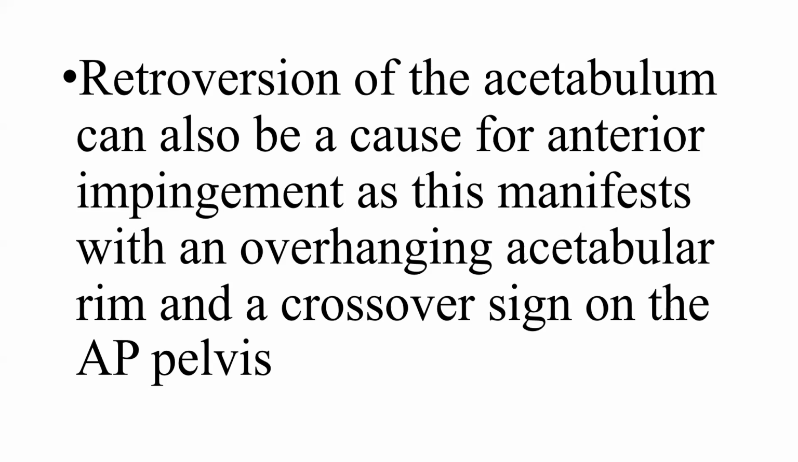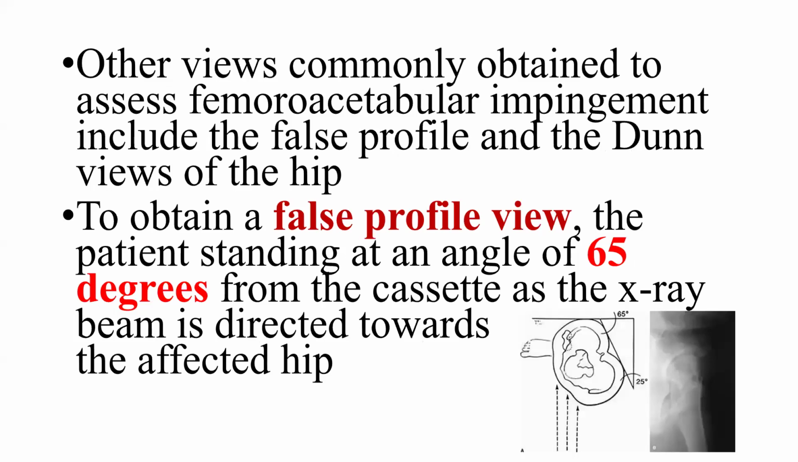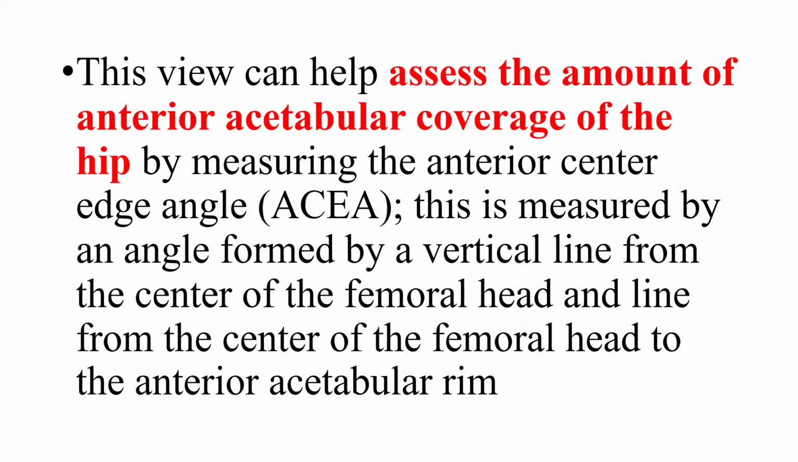Other views commonly obtained to assess femoral acetabular impingement include the false profile and the Dunn views of the hip. To obtain the false profile view, the patient stands at an angle of 65 degrees from the cassette as the X-ray beam is directed toward the affected hip. This view can help assess the amount of anterior acetabular coverage of the hip by measuring the anterior center edge angle, and this is measured by an